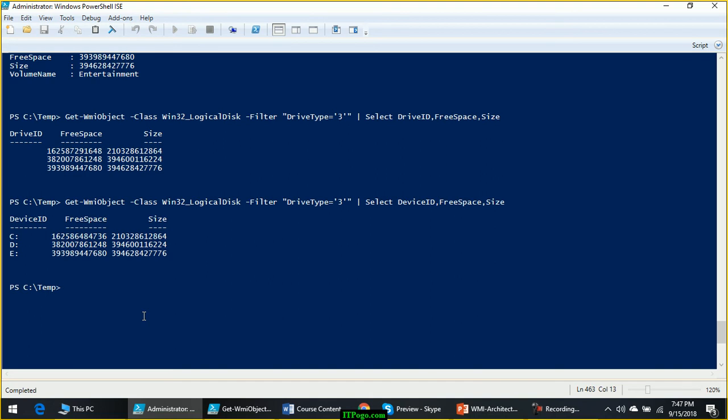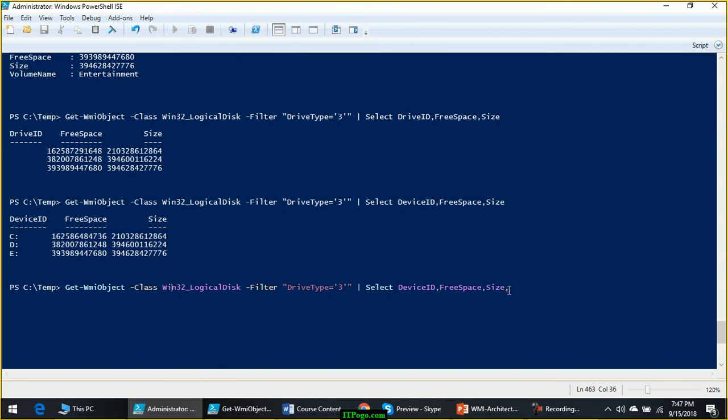How to get these details for multiple remote computers, and suppose you want to find the percentage of free space. Instead of this you want percentage. How do you calculate the percentage? Total size divided by free space, right?